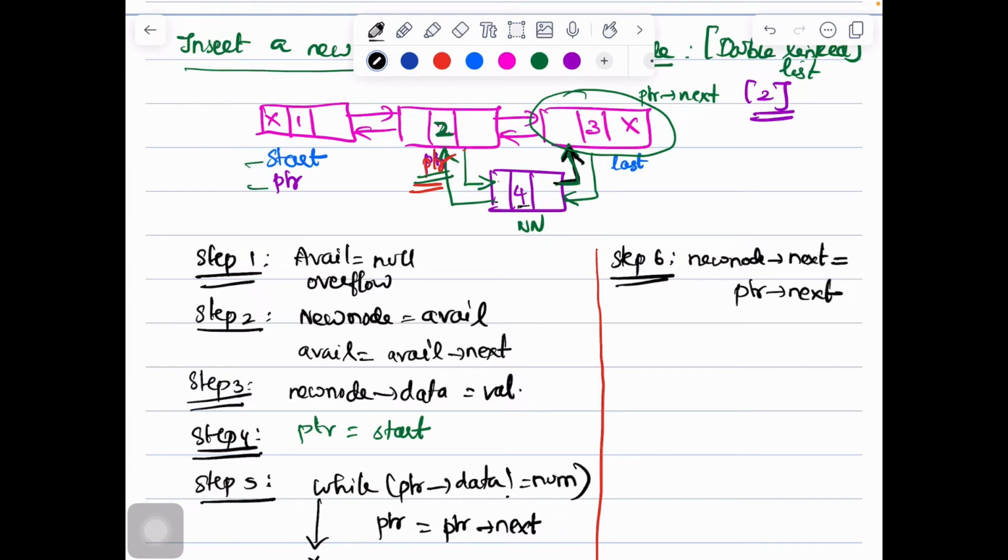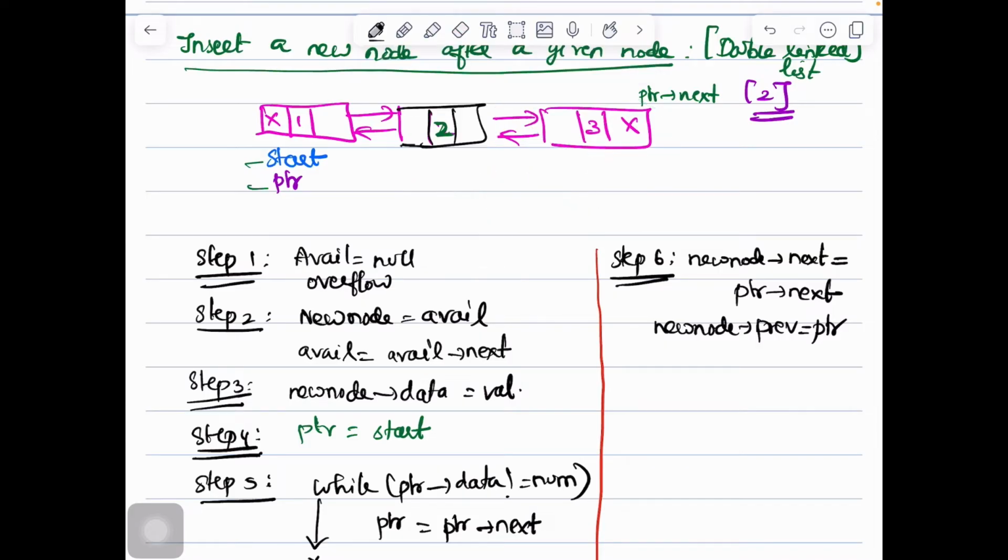And what should this new node's previous pointer point to? The ptr. So the new node's previous pointer is now pointing to the ptr.